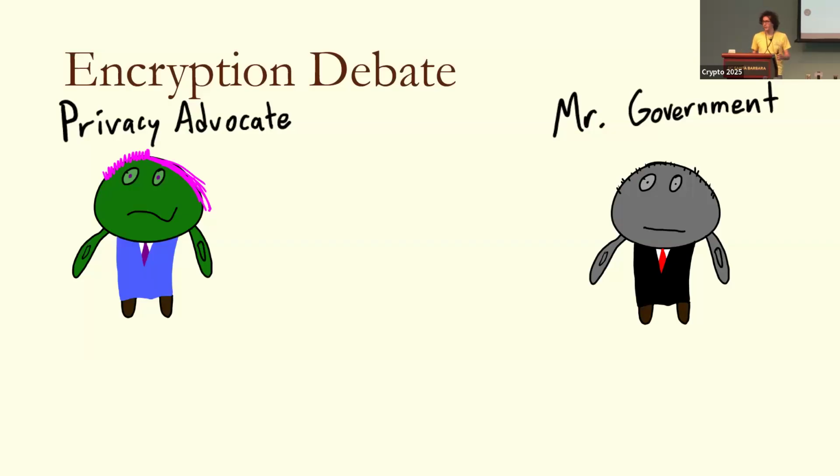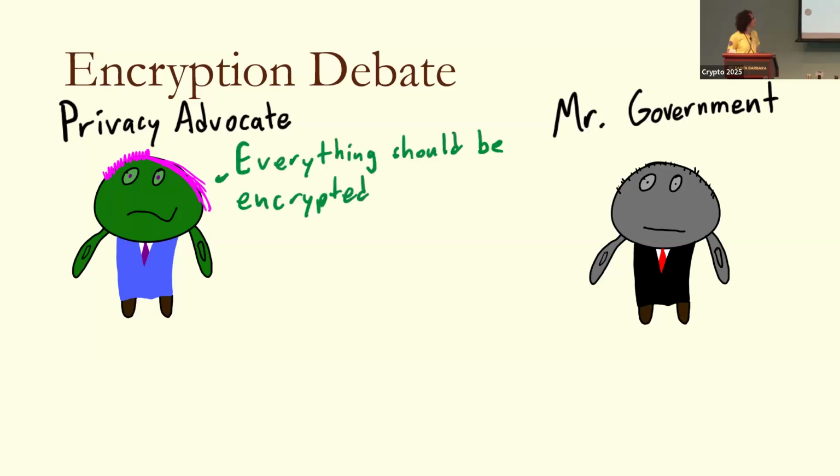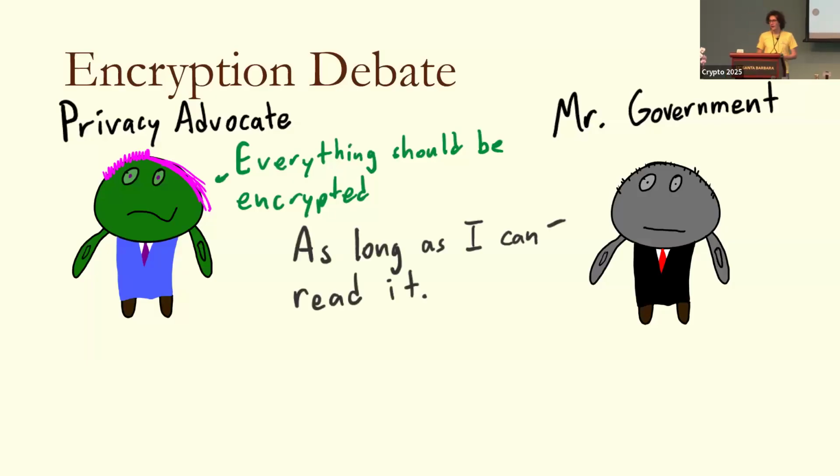So I'm going to start by talking about something called the encryption debate. Privacy advocates and all of us in this room generally like encryption and security. We think that security is good, things should be encrypted, people should not be able to read each other's texts. The government agrees most of the time. They like encryption, but they also want to read everybody's texts. And so sometimes they will come and ask privacy advocates, is there any way that you could add a backdoor to the encryption so I can read everybody's texts, but still have everything be totally secure and good?